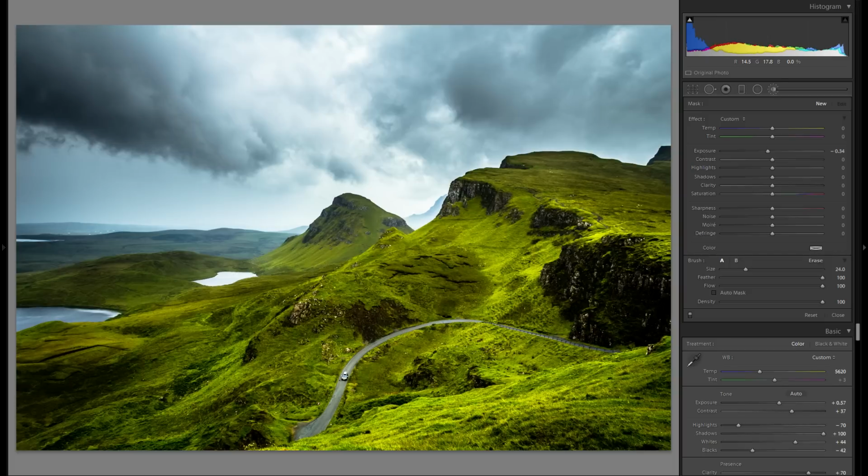over the parts of the image I want even darker, like this foreground right here, maybe some of these hills right there, something like that. Right there as well, a little bit of minus exposure. This didn't work quite well, so I'm gonna reset that by pressing Ctrl C, maybe over there, and I think that's pretty good. Then I'm gonna click here on new and add another adjustment brush, and this time I'm gonna